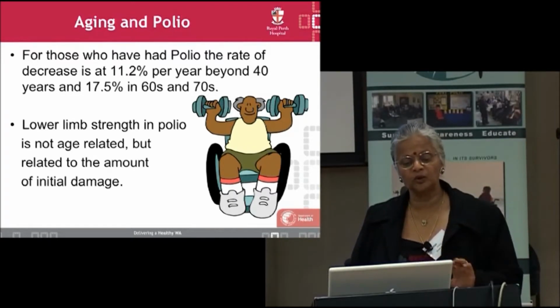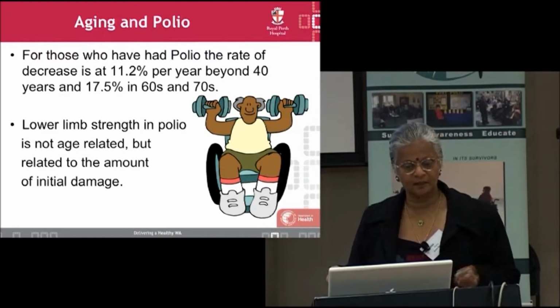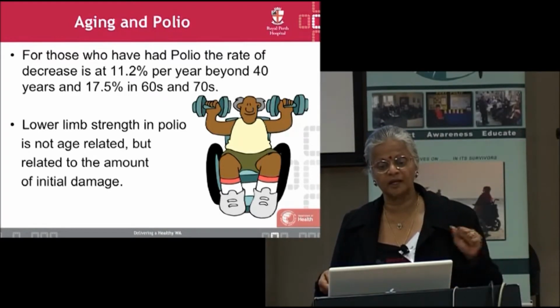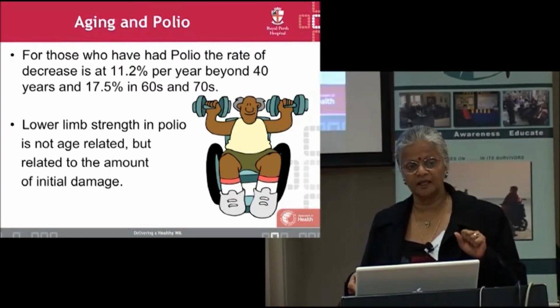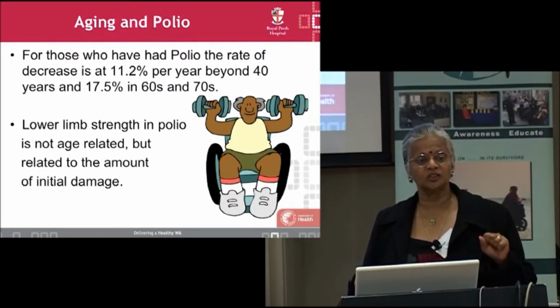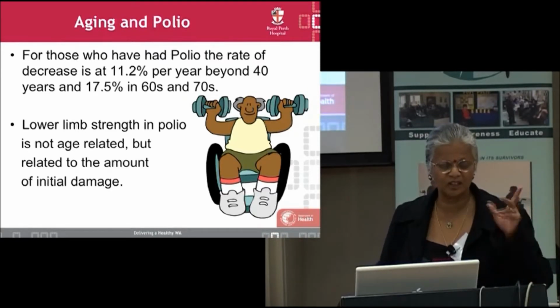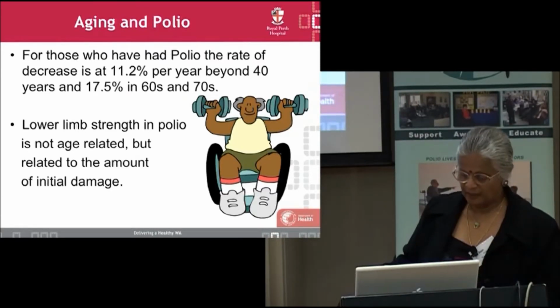Your lower limb strength in polio appears to be not age-related, but related to the amount of initial damage. Okay? How paralyzed you are at onset. That is why this is an important question. At onset of your high fever, did your mom say, were you moving your legs? Because that's what's going to give me a clue. But having said that,